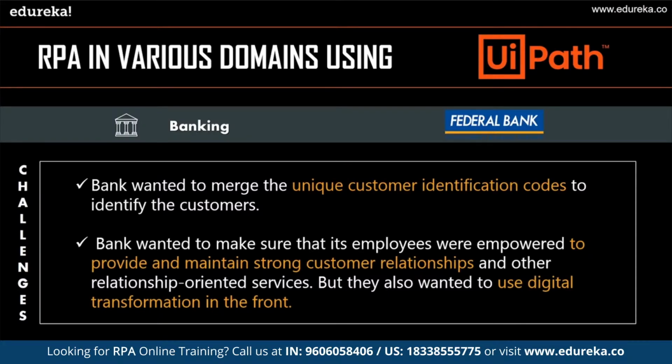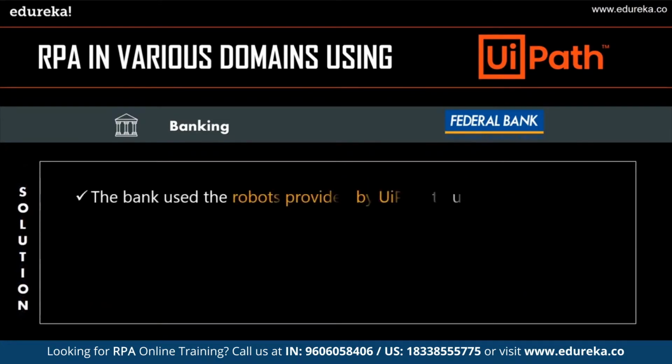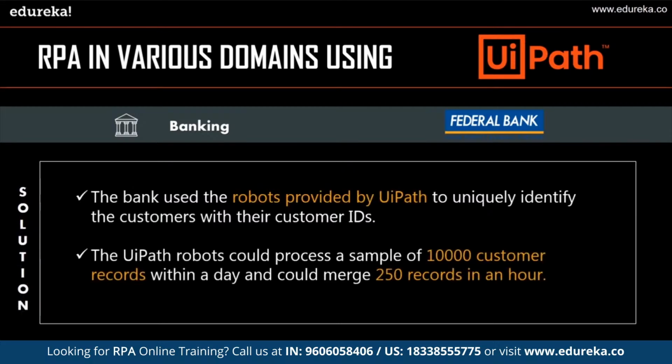Also, one more challenge which was observed is that the bank wanted to make sure that its employees were empowered to provide and maintain strong customer relationships and other relationship oriented services. But they also wanted to use digital transformation in the front to run the businesses and serve its customers and help employees. Now, to overcome these challenges, Federal Bank started looking for opportunities and started evaluating the top